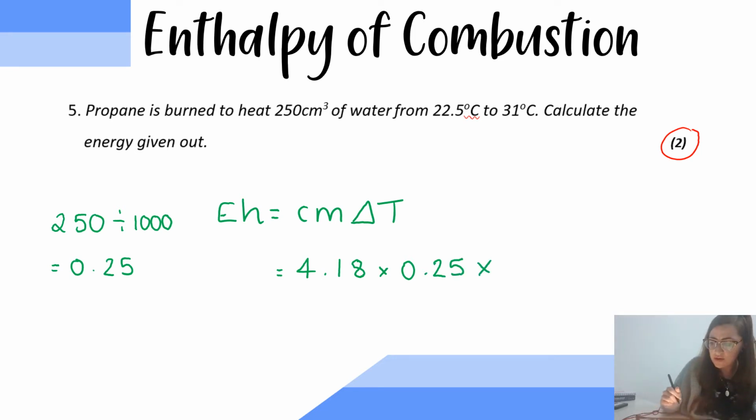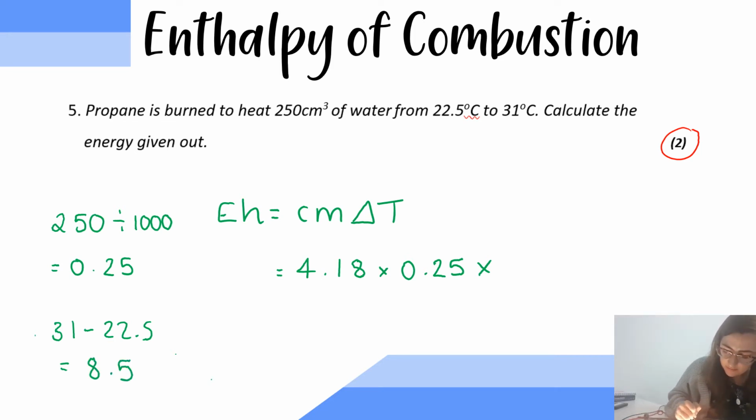And we are also timesing that by our temperature difference. So we started at 22.5 degrees and we're going to 31 degrees. So we'll do 31, our finishing temperature, take away our starting temperature, is 8.5 degrees. And if we times that all together, 4.18 times 0.25 times 8.5, we get